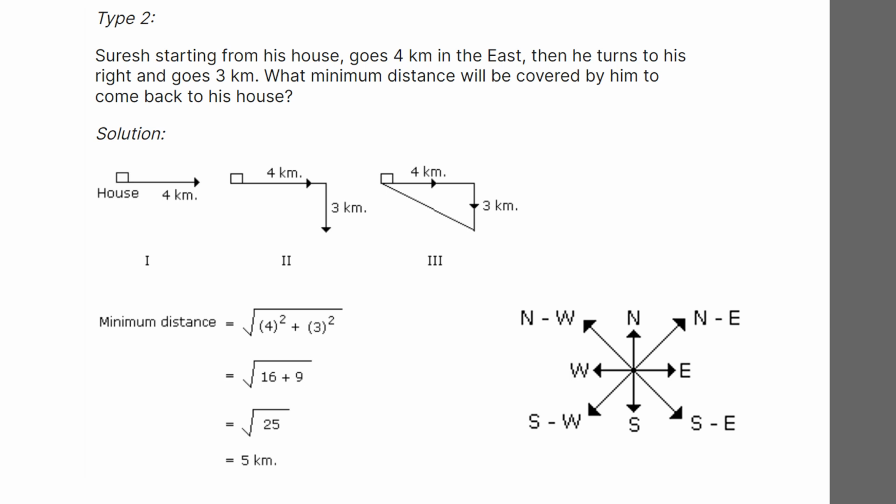Now, the minimum distance you can get through the Pythagoras theorem as under root of 4 square plus 3 square, that is side square plus side square, which is nothing but 5 kilometers. Yes, with this simple mathematical calculation with the Pythagoras theorem, we are able to solve this question. Now, coming to the